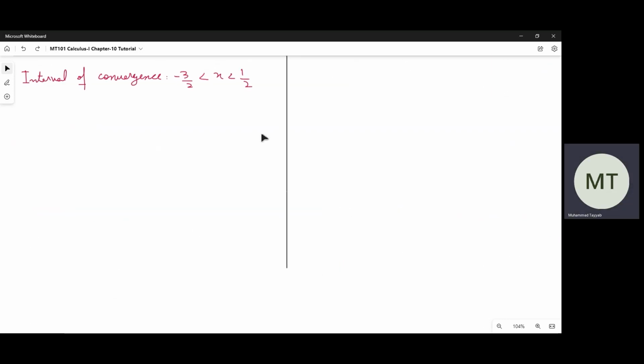So here I can say the radius of convergence. The radius of convergence is